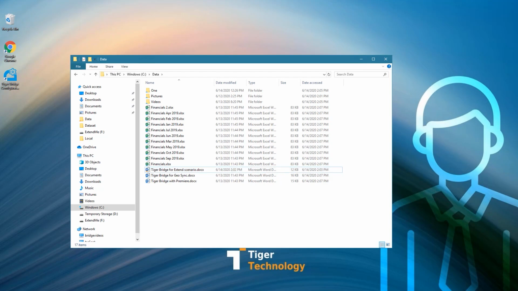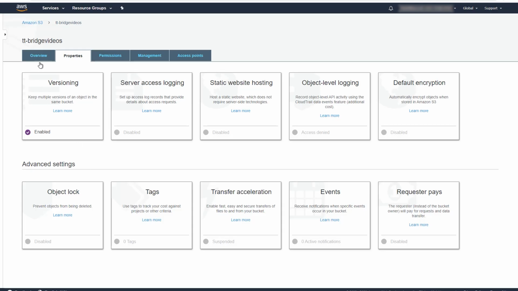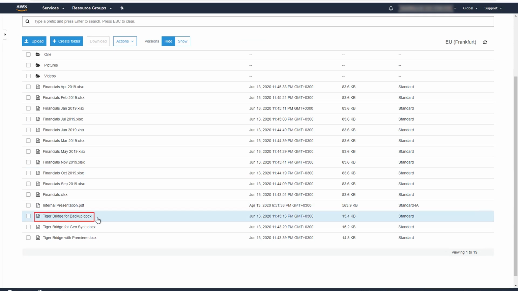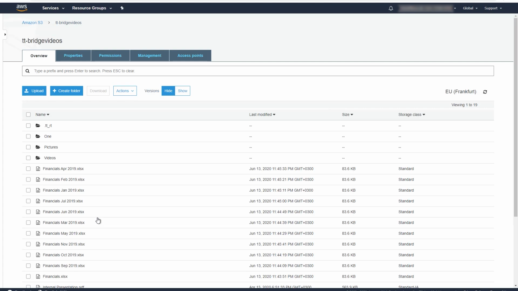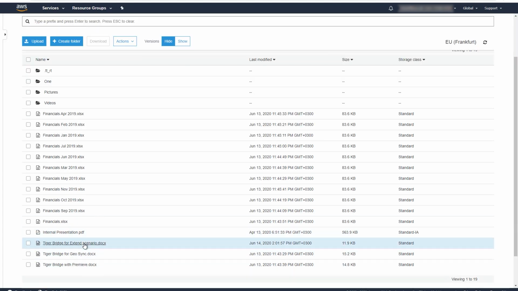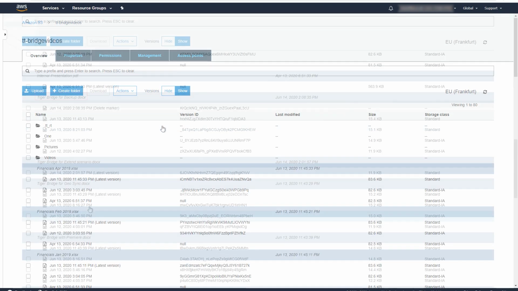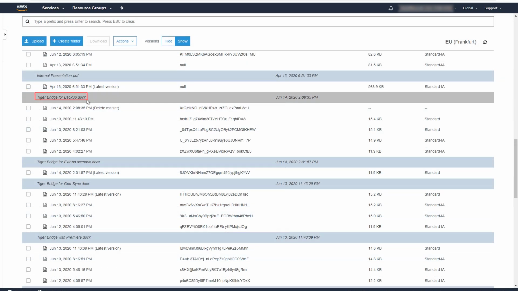We checked our Amazon configuration and we know that versioning is enabled. If we open the contents of the storage bucket we sync with, we can see the permanently deleted file. If we refresh the screen, the file disappears and would only show if we show the versions. Here it is again, still in the cloud, stored in non-proprietary form, and can be downloaded manually from here or automatically by TigerBridge. For that, we need to go to the folder,